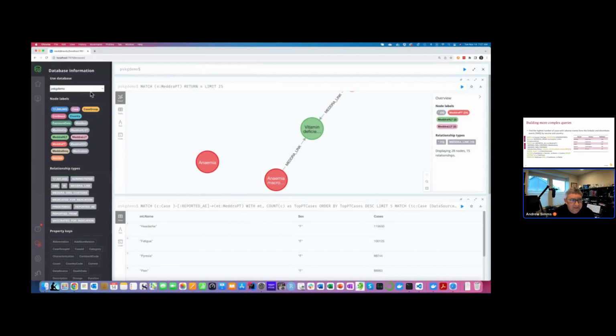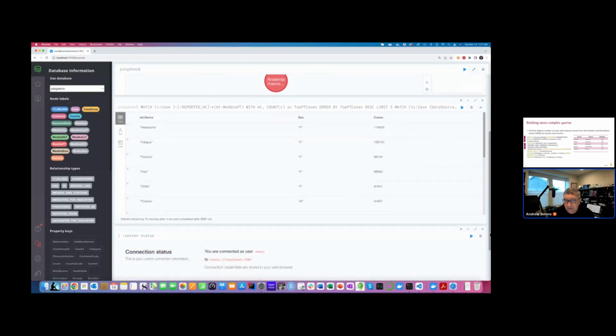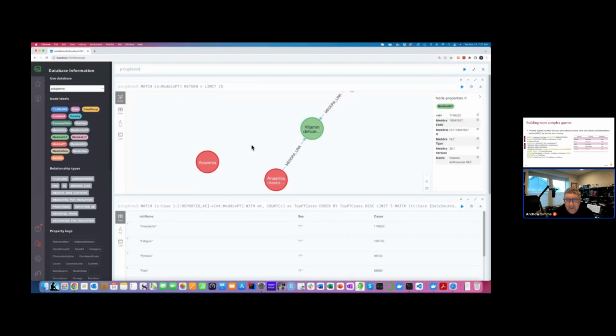On the left-hand side, there's a collection of the nodes that are part of the model. You saw that in the graph, or the projection earlier, of the design for the ontology of the graph. And these are just listed here as little bubbles. Then each of the relationships are also listed. And I have some queries that I had pre-run earlier just to get things started. So these are MedDRA terms. I basically have a MATCH statement here. Again, I mentioned that was the key statement in